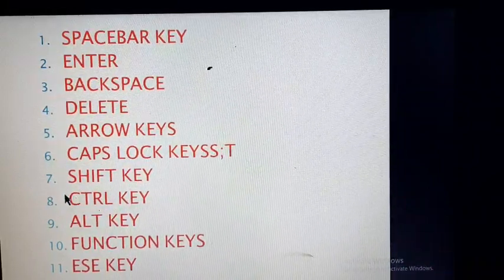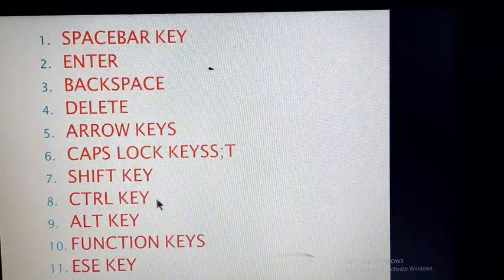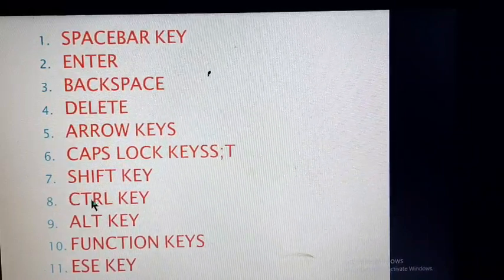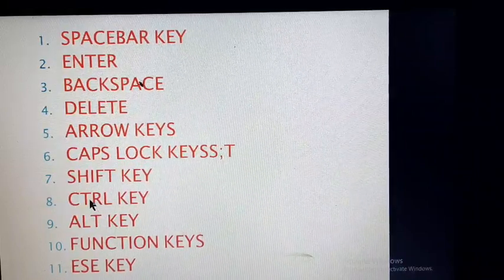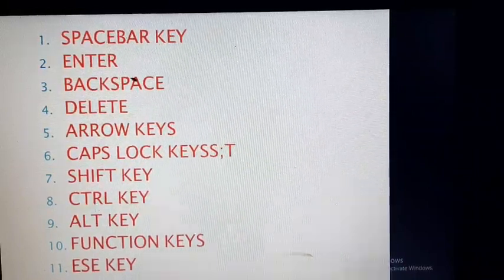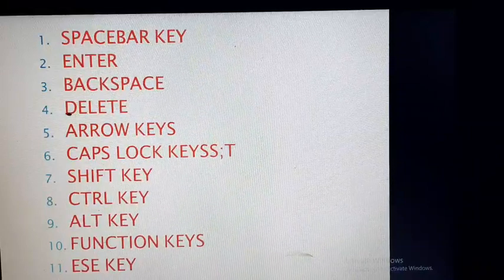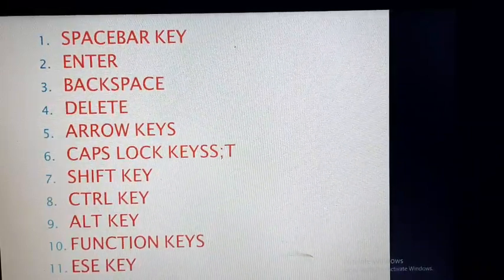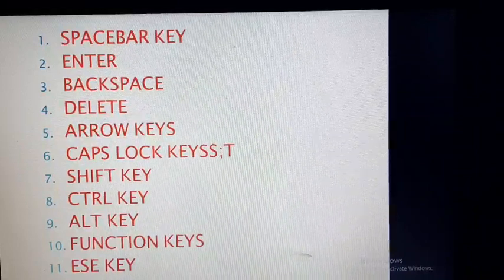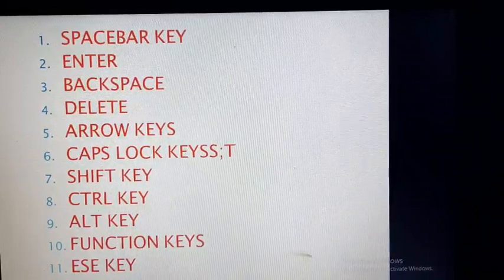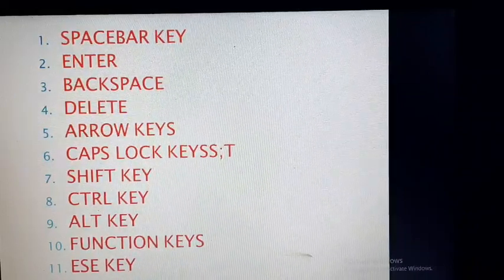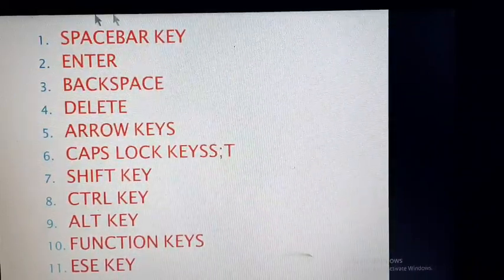Control key, it is a control character. It has no specific function. The control key is used with other key combinations to perform a particular task, like to copy Control plus C, to cut Control plus X, paste Control plus V, undo Control plus Z, redo Control plus Y, etc.